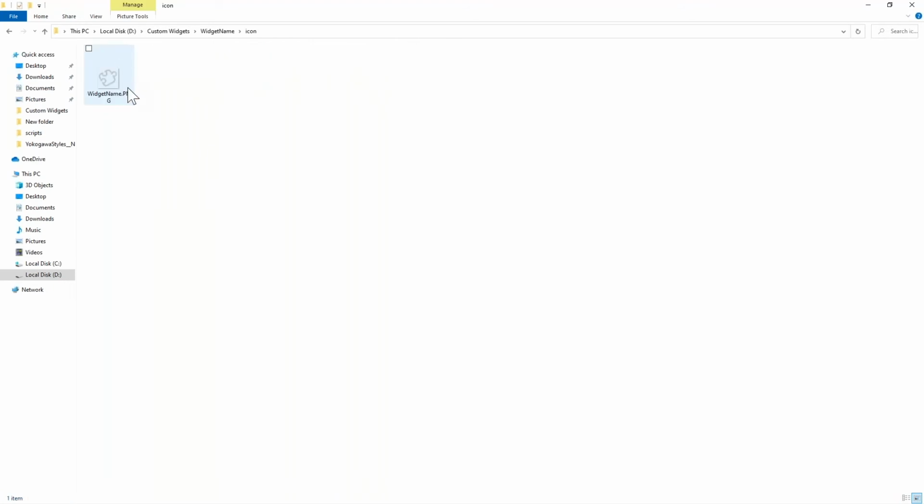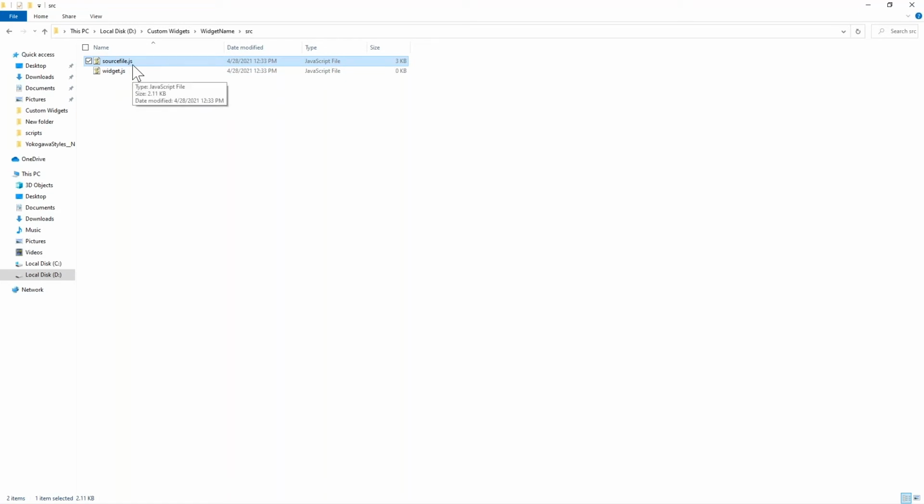The first one is the icon folder, and here you need to add your icon. If you go back to the application, you'll see each and every widget has its own icon. So you could include your own custom icon for your custom widget, and make sure that the folder name and the image name are the same. That's the one thing that you have to remember. Then we have an src folder. Inside the src folder, you'll see two JavaScript files. One is an empty file where you can include your custom scripts for your widget, and the other one is the source file.js, where you'll see template methods.